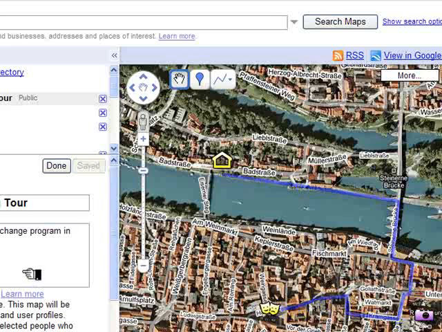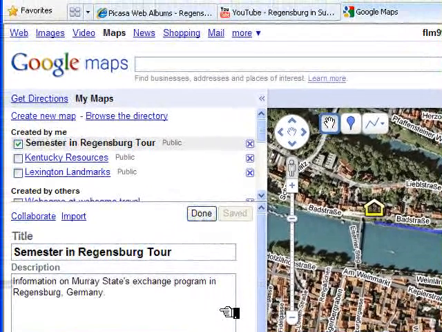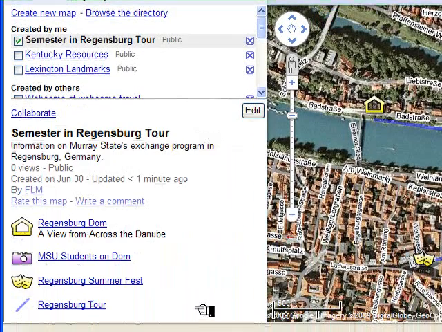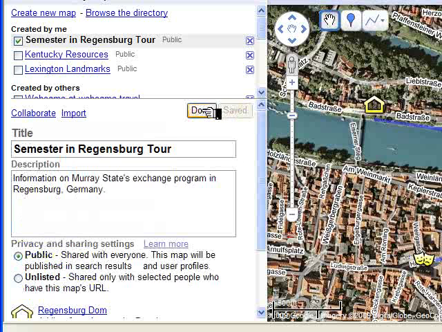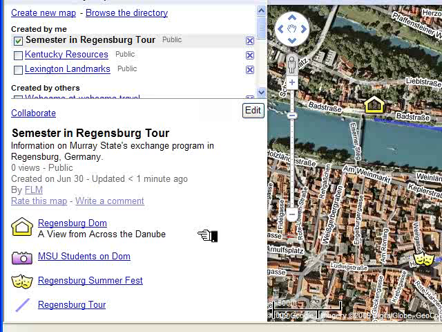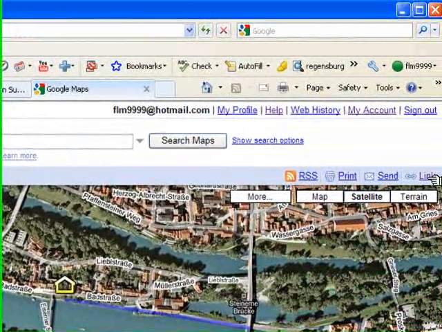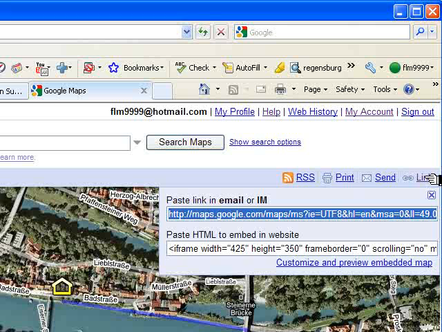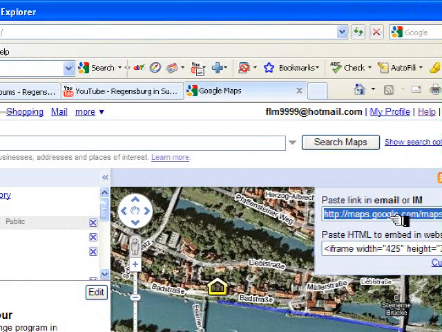And now we're set. So we're now finished with the Regensburg map. We click Done. And now we're ready to go. So this map is now ready for us to take a look at. If we want to send it to someone else, which is what you'll do with me, you'll go to the link. You'll paste this link at the top inside an email message, send that to me so I can view the map,